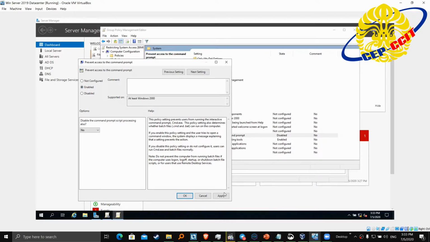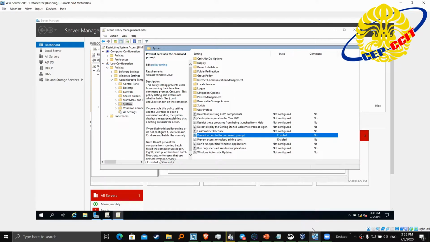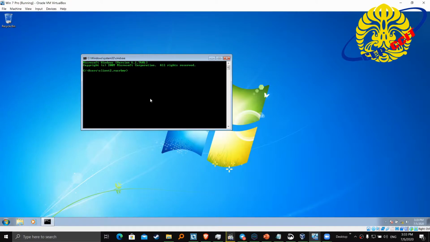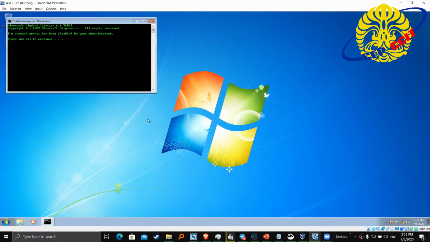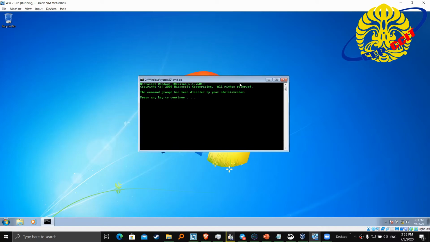For the GPO setting, we will enable, apply, and we need to update the GPO. Wait for the process. Okay, successfully reopened again, and now the client cannot access the command prompt.